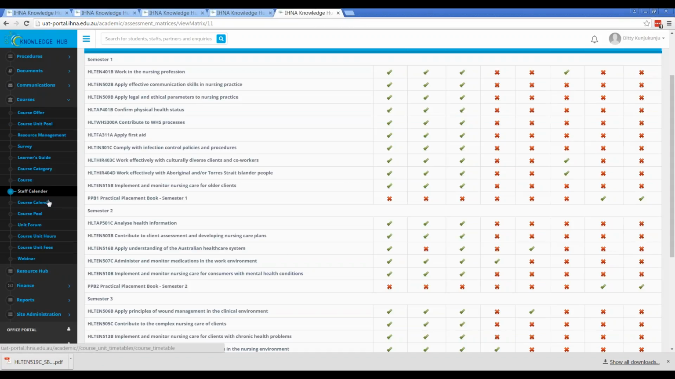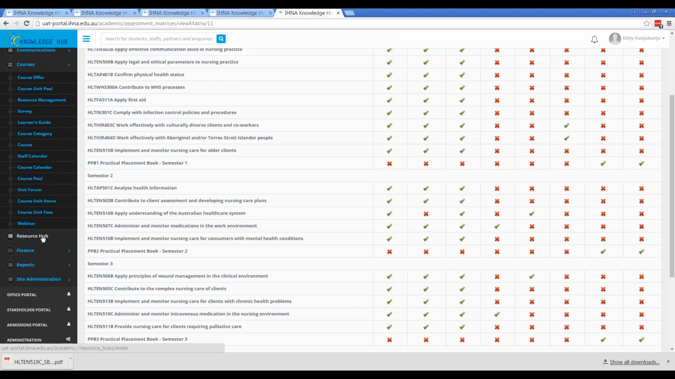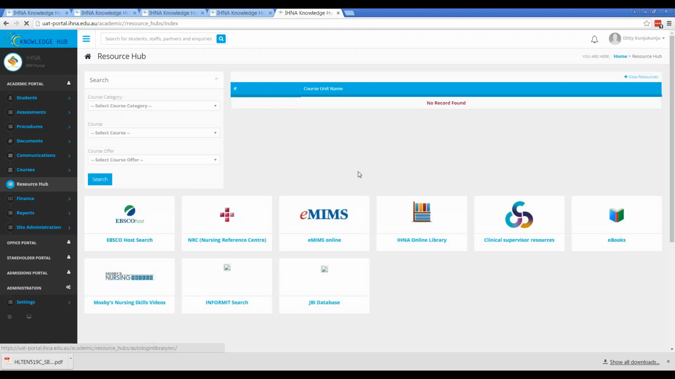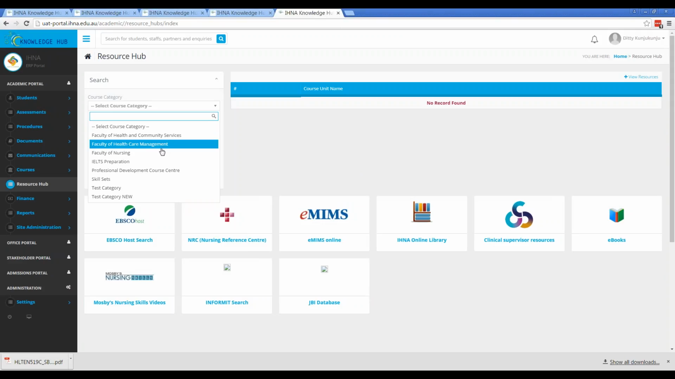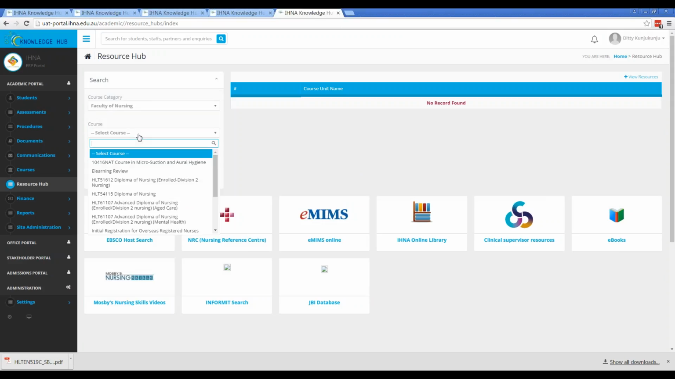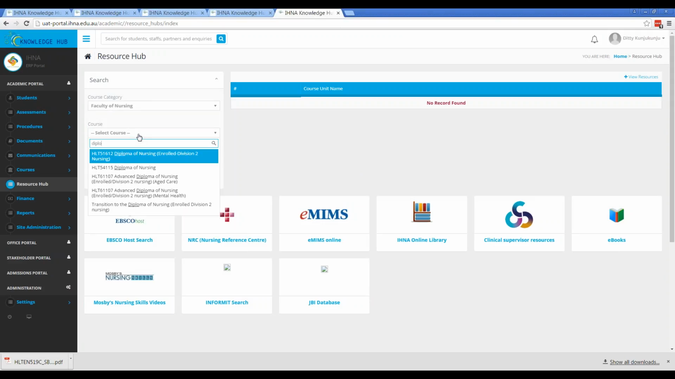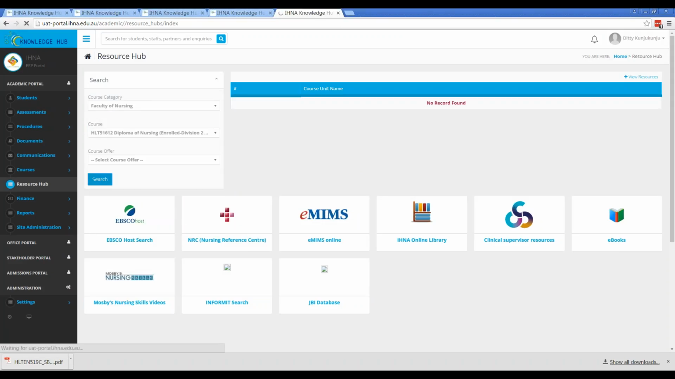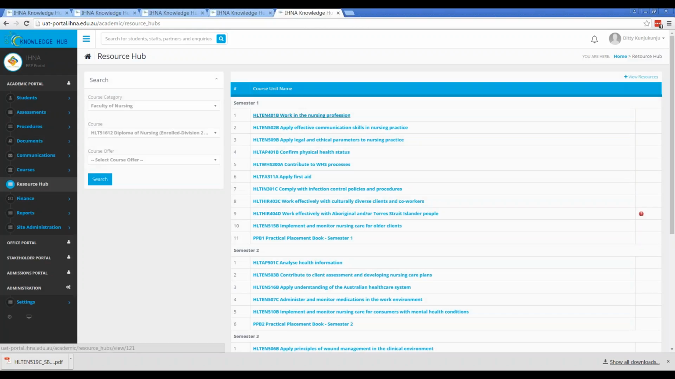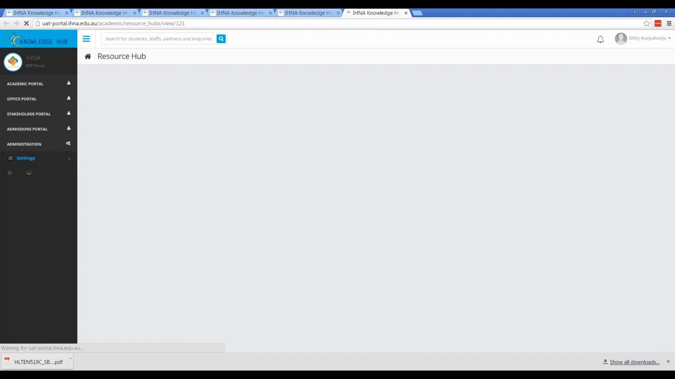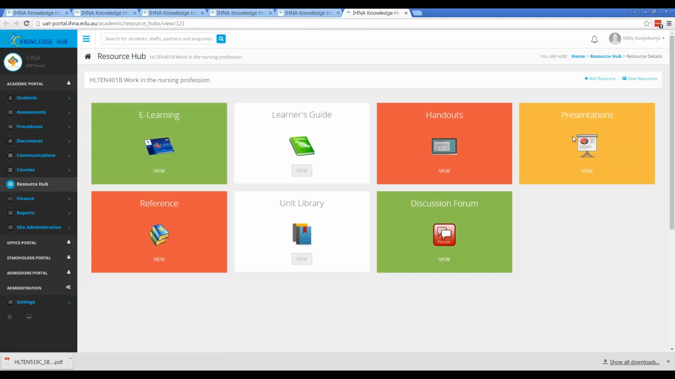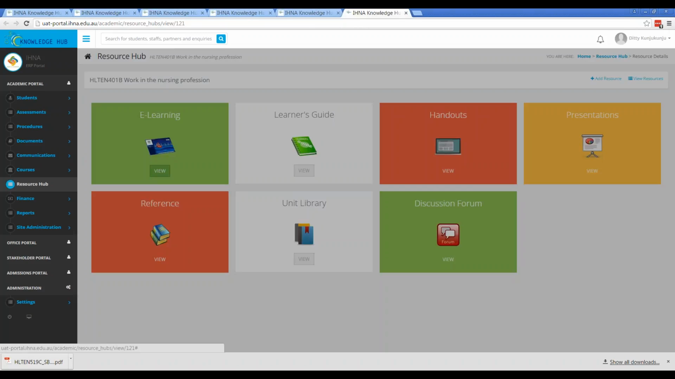Course calendar, staff calendar. Don't worry. Course board now. Unit hours, webinars. Resource hub, another important area. It looks the same as our earlier resource hub. There is no big difference as such. If you search for the resources, you can see all the resources here. If you click on here, you can see e-learning, learner's guide, handouts, discussion, everything here. Click on the view button here. You will be able to see